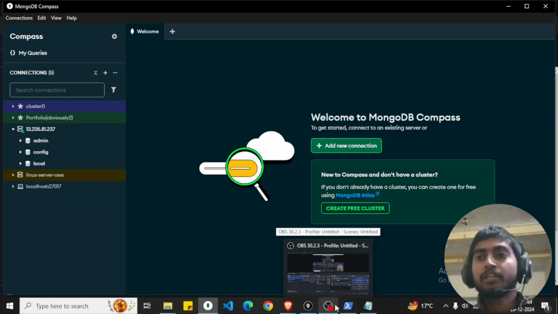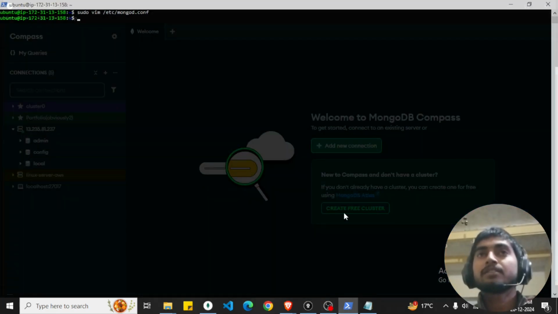At last I would tell you, suppose there is an error in the Amazon server, and suppose your server got closed, and the moment Amazon restarts it, the MongoDB server will not restart, because you have to go to the terminal and say systemctl restart mongod. But what you can do, you can add a script, and the moment it gets rebooted, suppose you are turning on your computer, there are some files which get started on the startup. That's what we are doing. We will say sudo